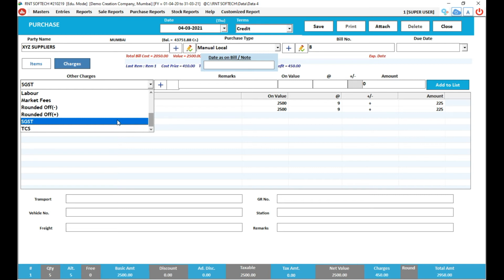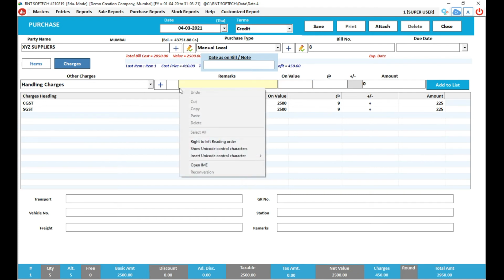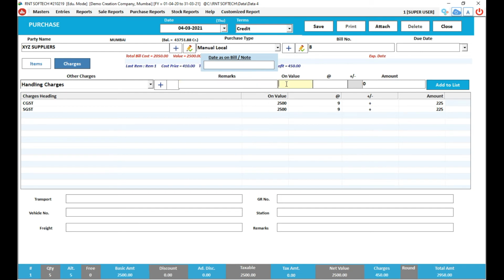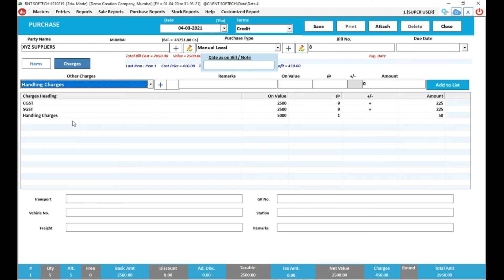Now, if you want to add extra charges like handling charges, etc., for example handling charges, which in value we take as the base value of the invoice, which is 5,000 rupees. Percentage I take as 1. Amount is 50. I add to the list.